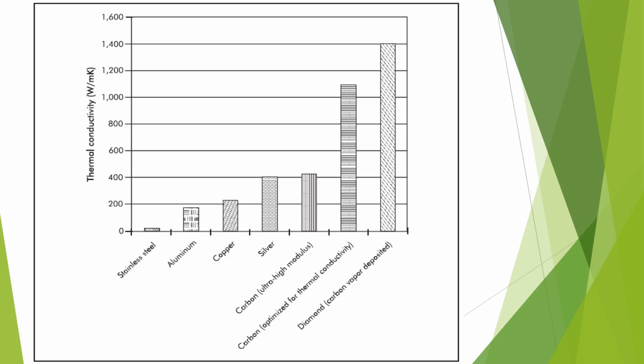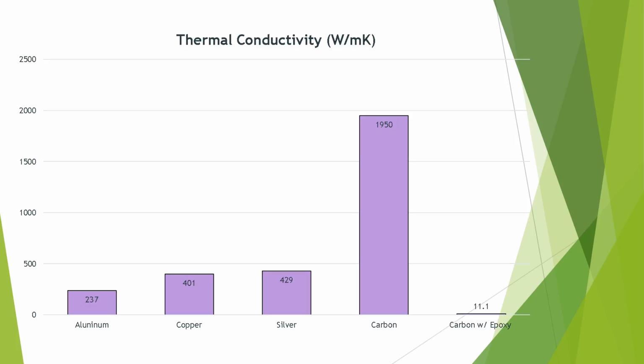These are some thermal conductivities published by Dr. Strong, a professor at BYU Provo. Now, the ones we want to pay attention to are the aluminum and the carbon. Aluminum here is under 200, and our carbon, the ultra high modulus, is what we're looking at, is a little under 400. Now compare that to our heat transfer textbook, where aluminum is about the same at 237, but the